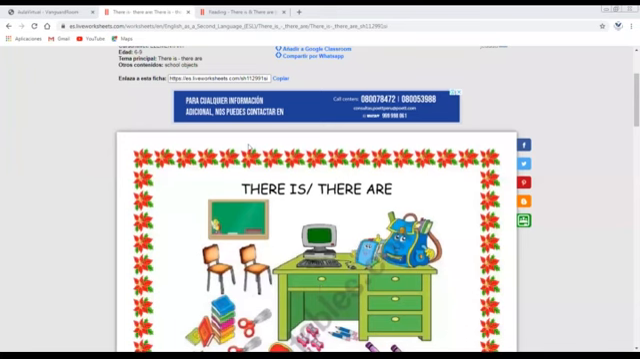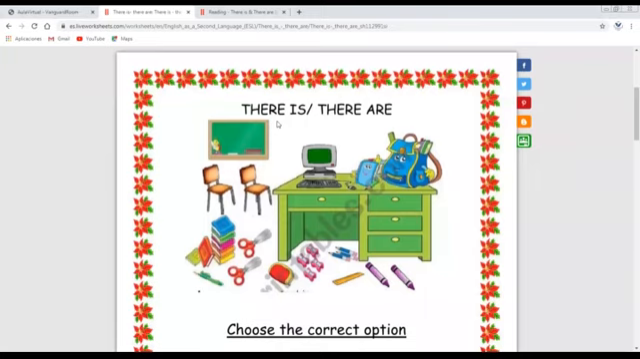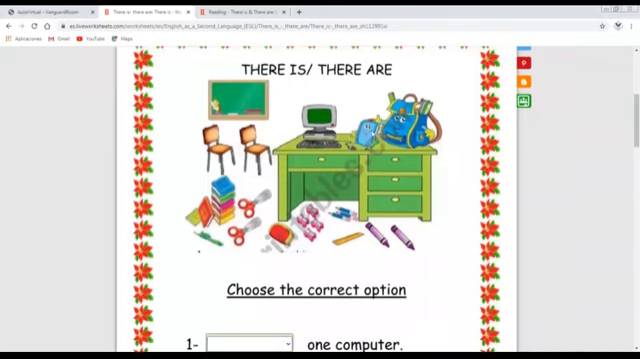Okay, look, there is for singular noun and there are for plural noun. Okay, I'm going to repeat. There is for singular noun. There are for plural. Now look at the picture. What can you see? I can see a board, 2 chairs, books, a pen, scissors, a pencil case, sharpeners,